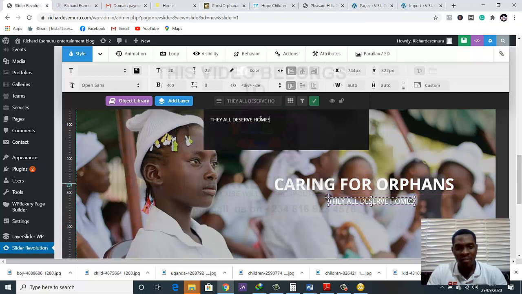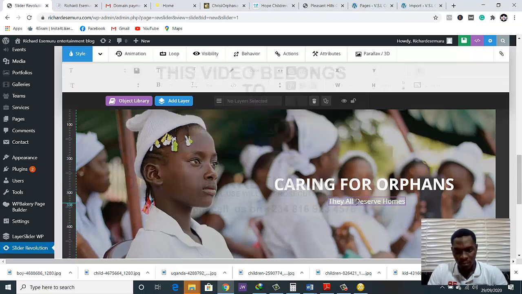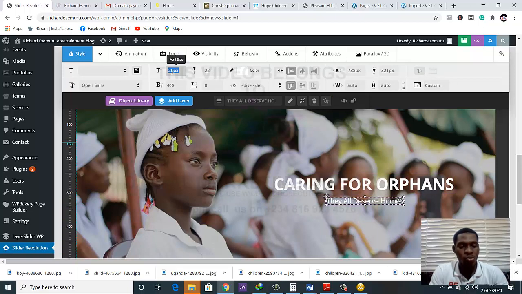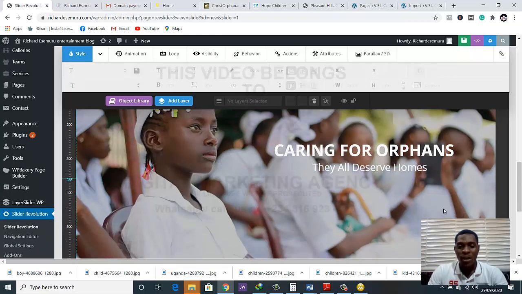I would have made this one lowercase or sentence case. They all deserve homes. So let's increase the font size to 30. Let's see what 30 looks like. Yeah, they all deserve homes. Caring for orphans, they all deserve homes. So we can now put